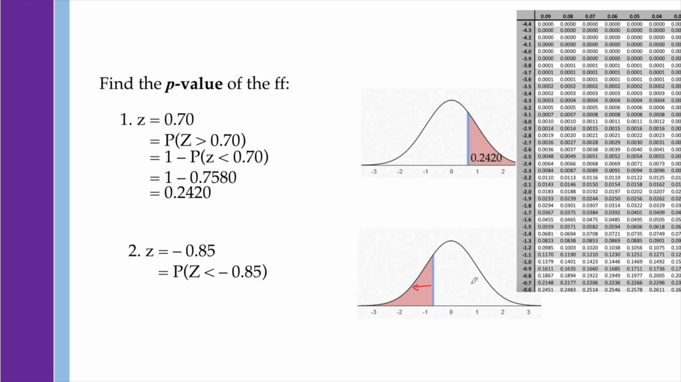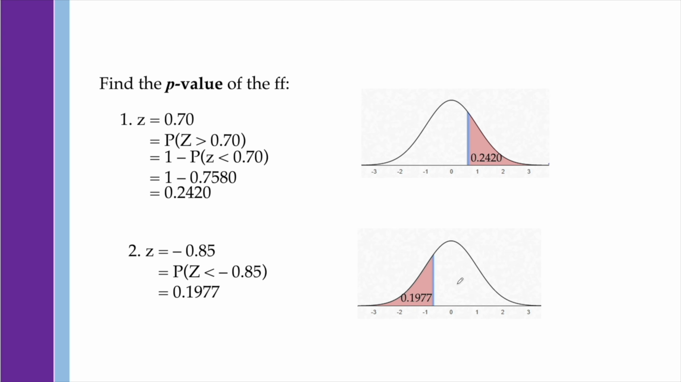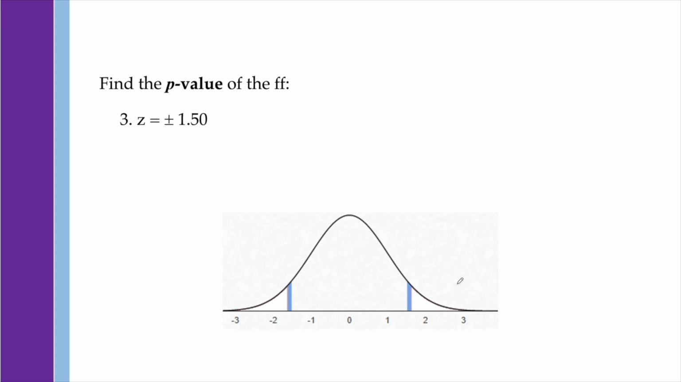And taking a look at the table, the cumulative probability of negative 0.85 is 0.1977. Thus, we can say that the p-value of z equals negative 0.85 is 0.1977. And lastly, if you're asked to get the p-value of two z-scores, let's say positive and negative 1.50, then